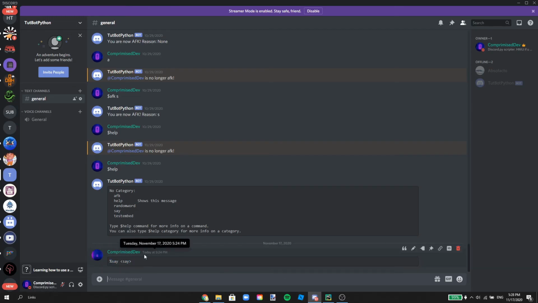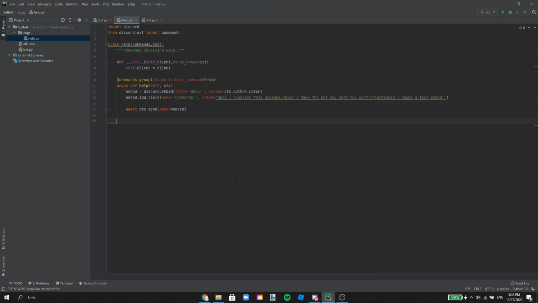How if we do say help. So what we're doing is we're making this part where we do say, so second argument. That's what we're going to be working with. We're going to be identifying the second argument that will be happening, right? So we're going to want to do at help.command, right? Now the reason why we're saying at help is because we named our first command in the command group help, or we made the command group start with help. So we're going to do help.command async def, and then here let's do